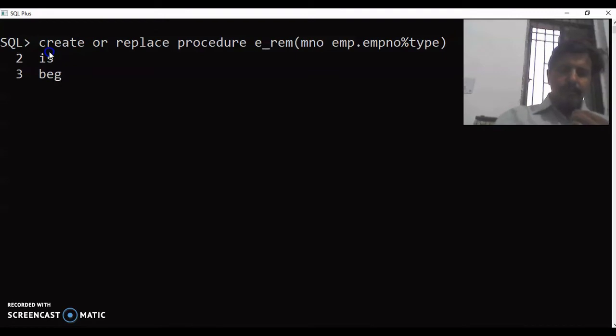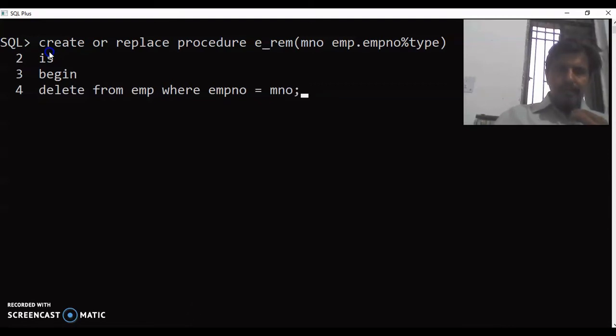So we will write begin, then delete from emp where empno equal to mno, semicolon, and then end. The procedure name is e_rem. So this is a small procedure which is created.